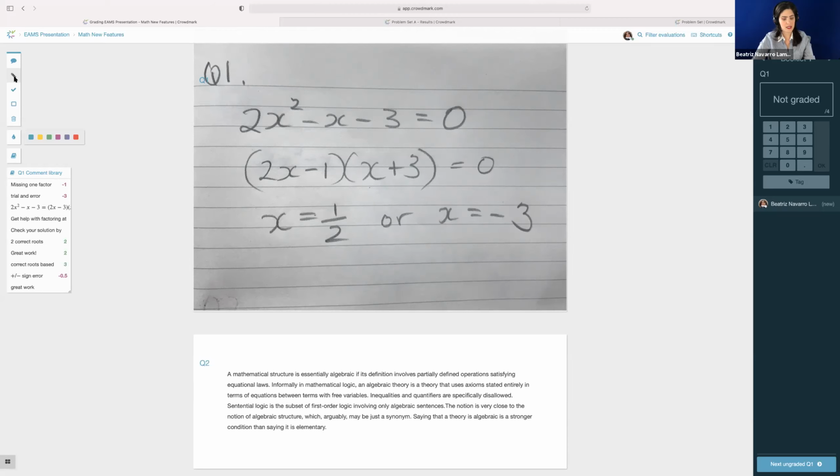The beautiful thing about CrowdMark is keyboard shortcuts. If I press Z, for example, it gives me the pencil, so I can just draw something. If I hit C, I get a check mark that I can put in as a stamp. And let's say I don't want that stamp there, I can just click D and delete. If you look at the bottom of the screen, my keystrokes are being recorded, so you can see them.